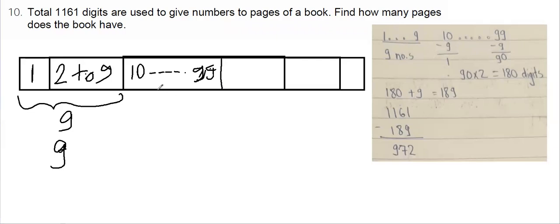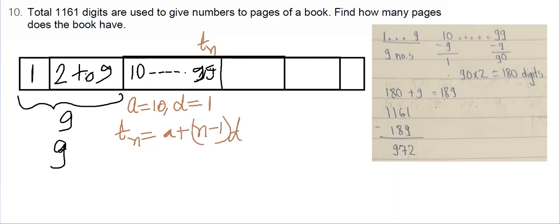So how many digits will I have? To know the total number of digits, I should know how many 2-digit numbers are there. You can even do this with the concept of arithmetic progression. Here the first term is 10. The common difference is 1. Tn is 99. So I am going to use this formula: Tn is equal to a plus n minus 1 into d.